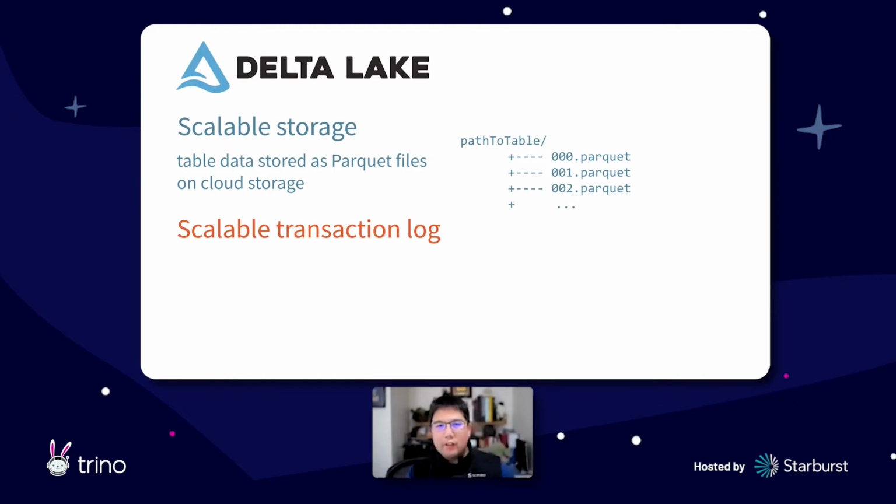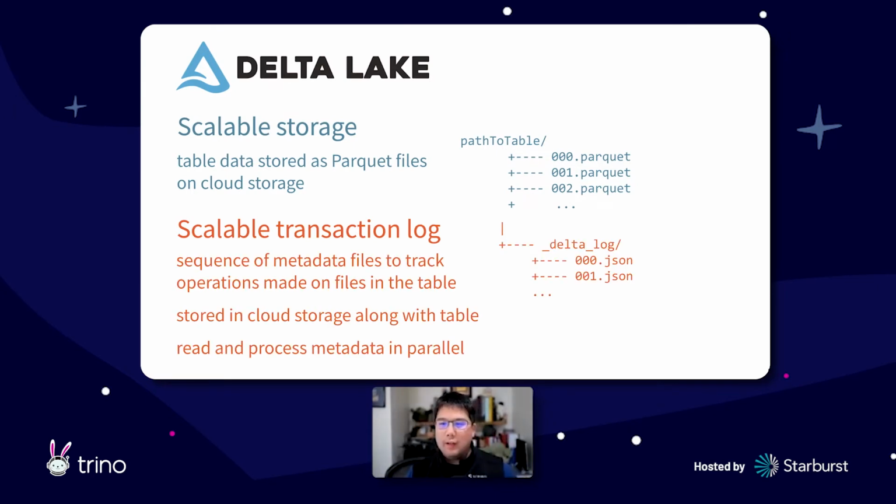But as many of you probably know, the biggest problem when it comes to cloud object storage is that the list operation itself is extremely slow. So if I have millions upon millions of these Parquet files that I have to traverse through, that list operation becomes excessively slow. And by slow, I mean in terms of query performance, for example, if Trino's trying to query that data, if I were to list all the Parquet files, that would significantly slow down the performance because it's just waiting on that list operation. So how do I speed things up? Well, I speed them up by having a scalable transaction log.